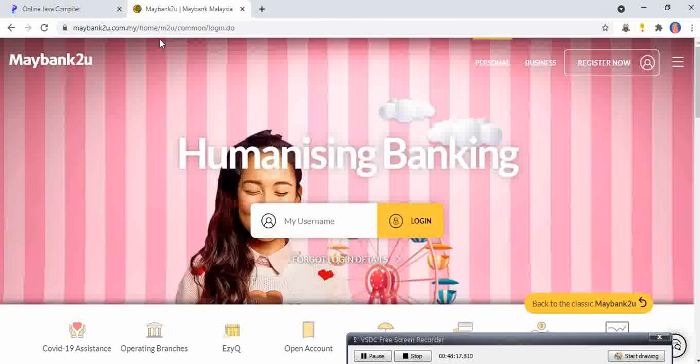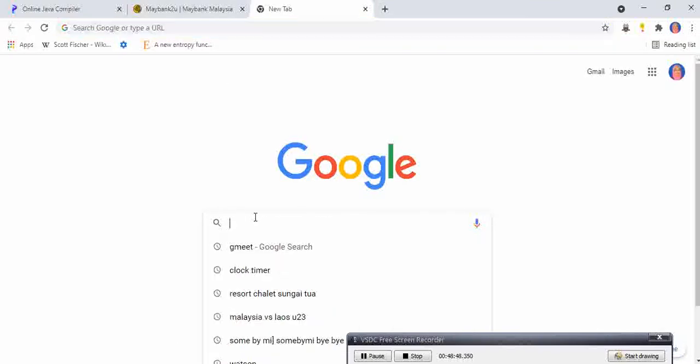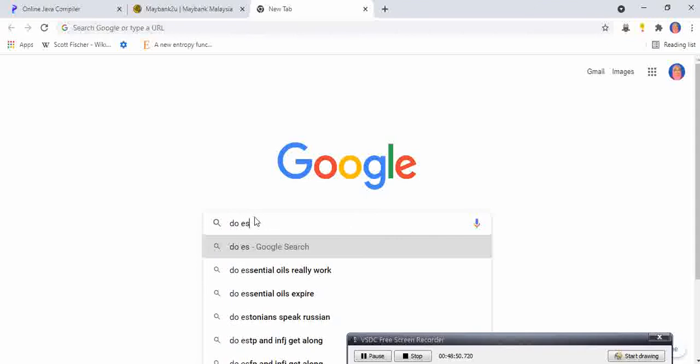So .do means that this website uses Java. Apart from JSP, Java Servlet or Java Server Pages also has the extension of .do. If you Google what is .do extension for,